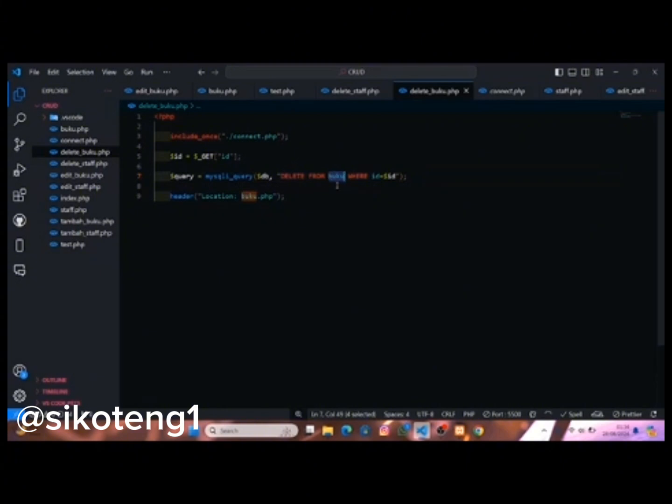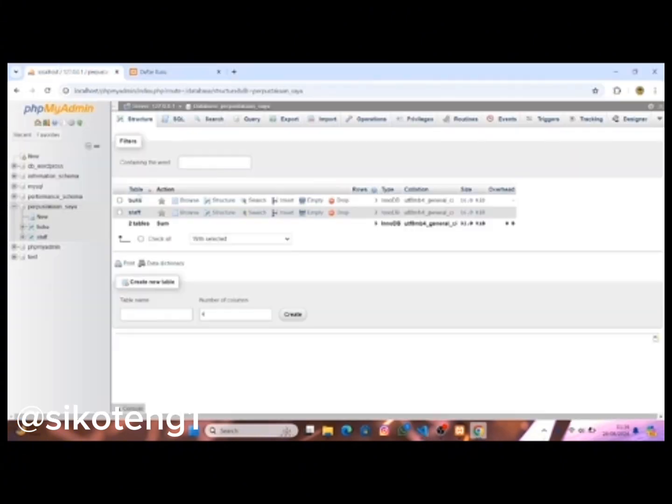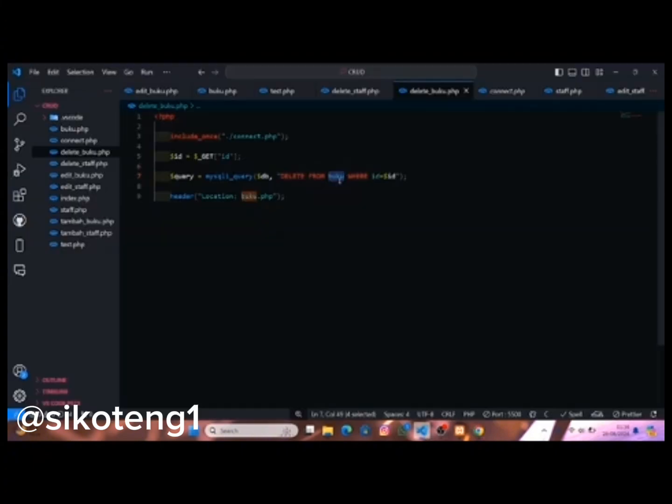You can customize it from your database's table name. In the database you wrote it as buku, so you write buku here too. Do not get it wrong here or the code will crash. And header location buku, where the L is capital.